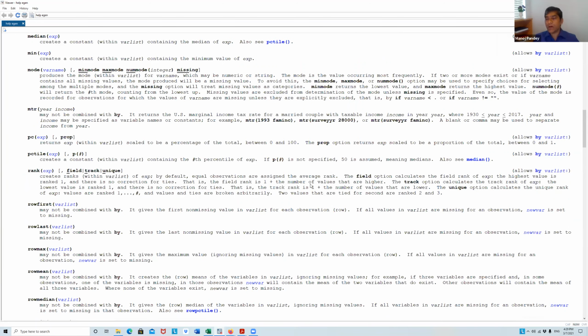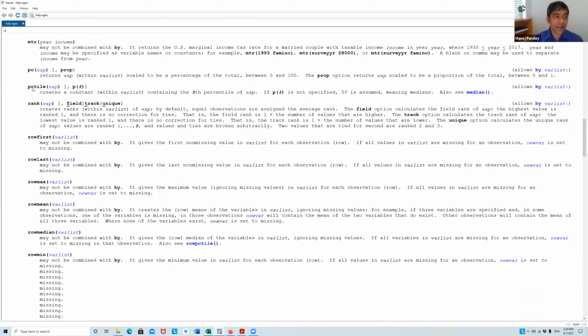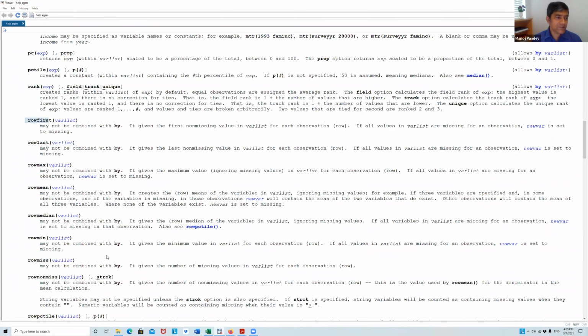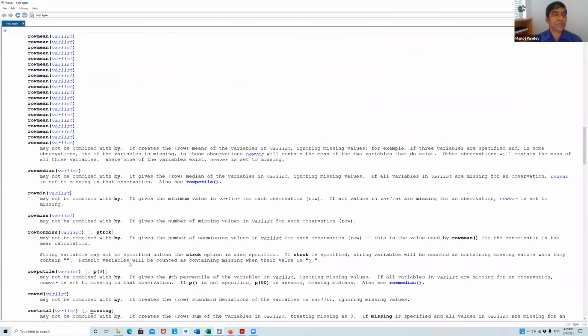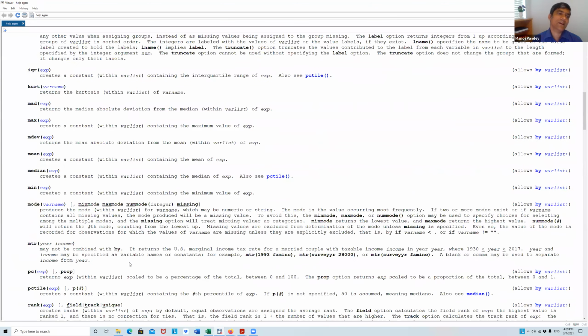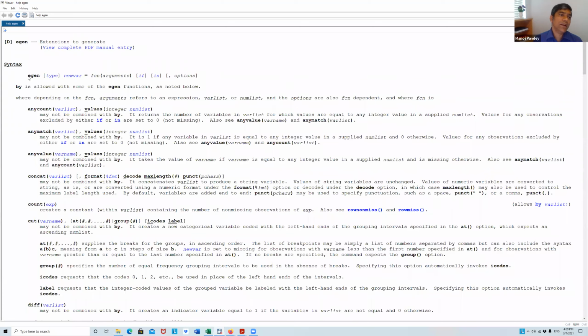Sometimes if you have poverty data or income data, you are interested in which quantile or which percentile, and how many people are in the first quartile, second quartile and third quartile. You can do that. You can have a ranking, a whole lot of things you can do using this egen command. All right, it is called extensions to generate.